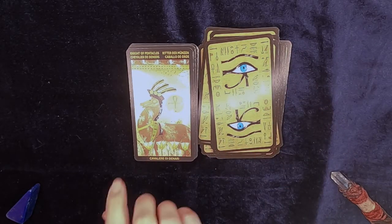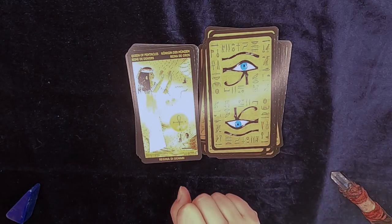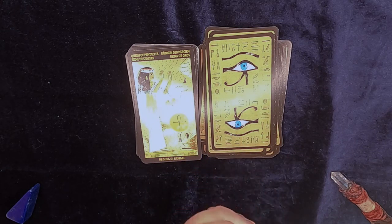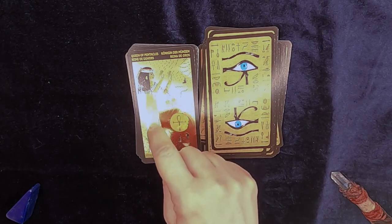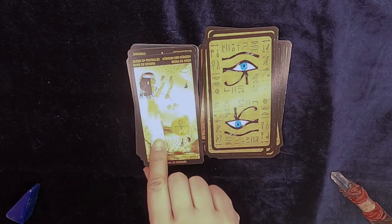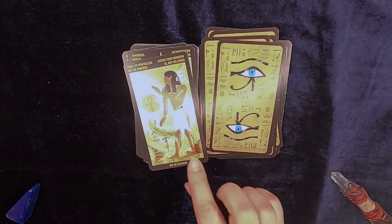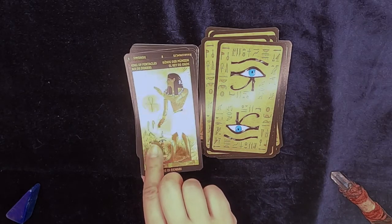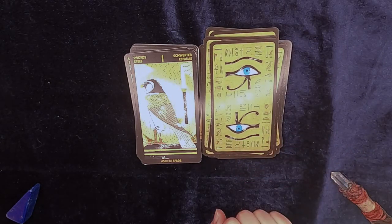I do love the Knight, though. Knight works. And the Queen of Pentacles, she works. She's almost Queen of Wands, though. I mean, look at her, she's got that fire on her dress. So needless to say that we don't get on that well, this deck and I. We do, but